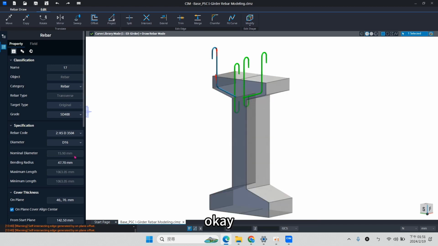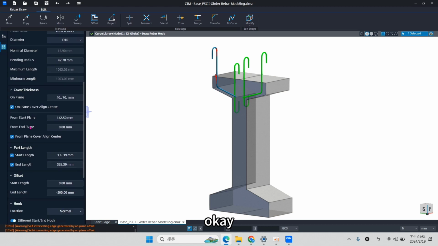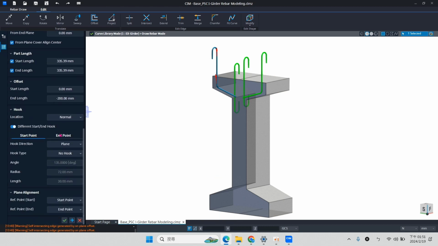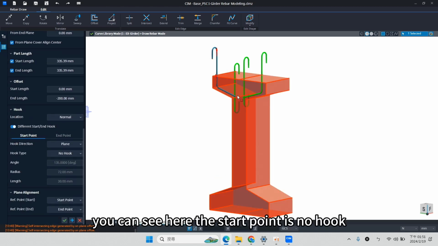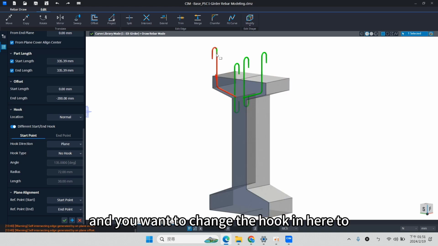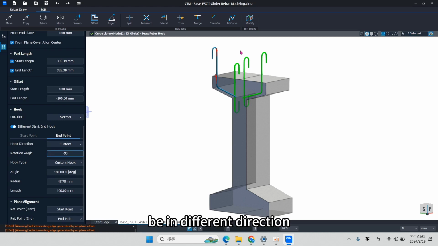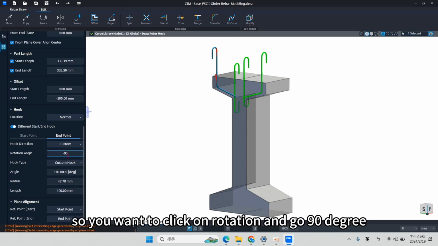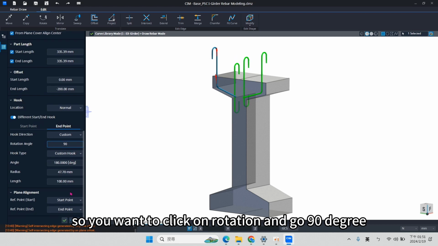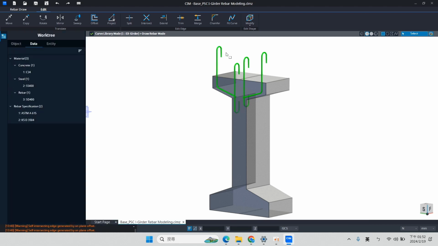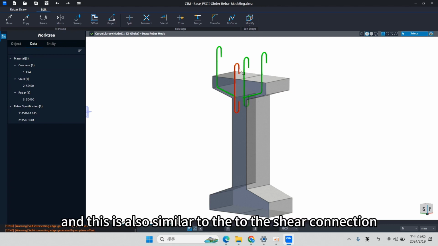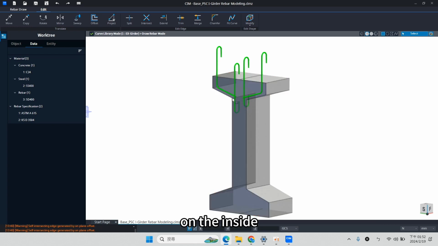Because the start point, as you can see here, is the hook, and you want to change the hook to be in a different direction, you want to click on rotation angle of 90 degrees. This is also similar to the shear connection on the inside.